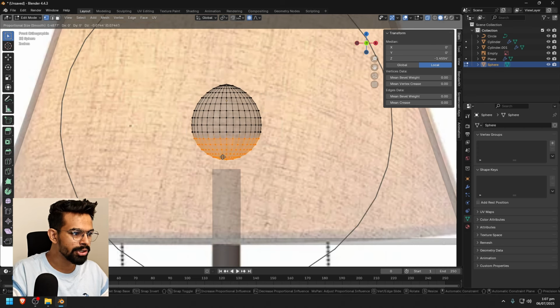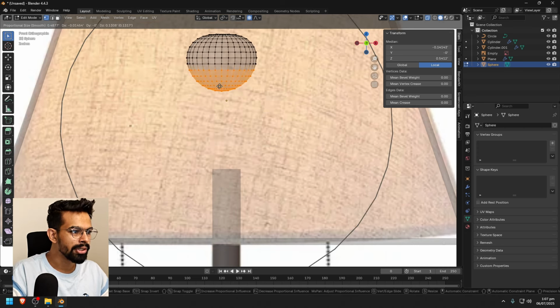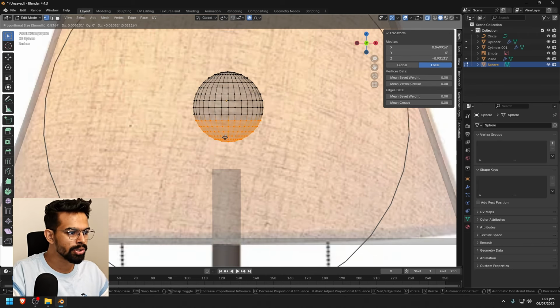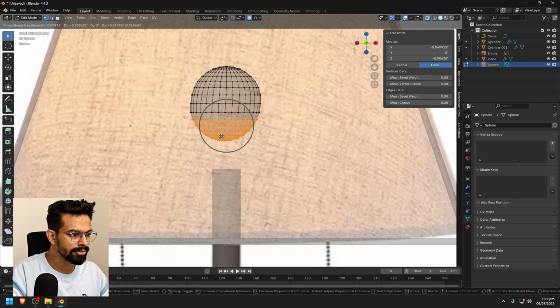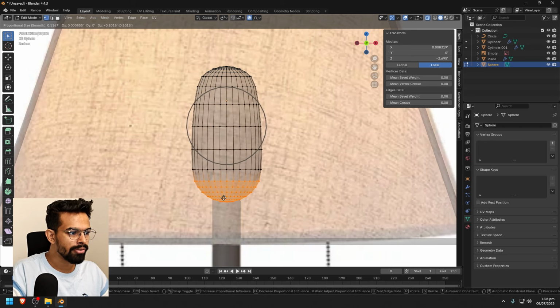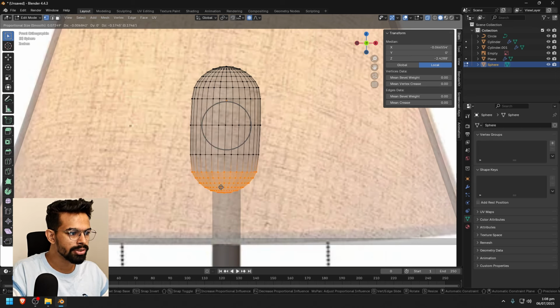I press G to move it, but now the vertex selection is right inside the circle. I can use the scroll wheel to reduce the selection, and I can just move, and the other things inside the selection will automatically move and edit